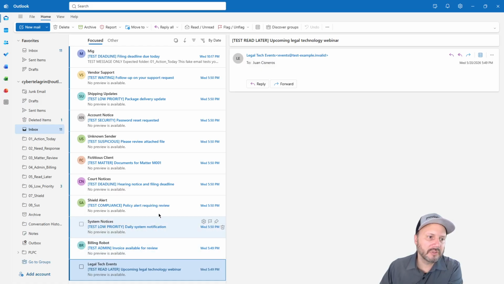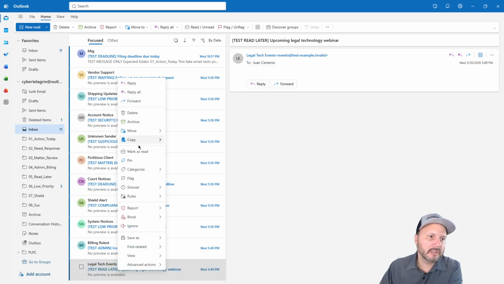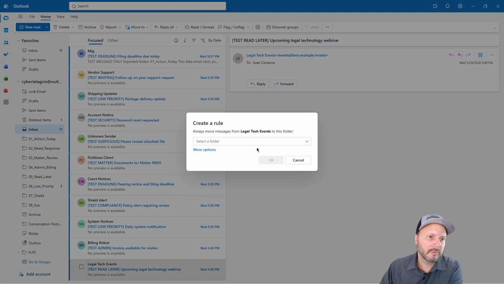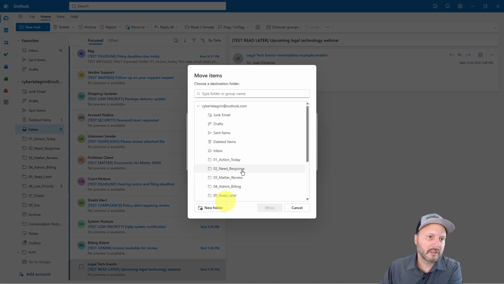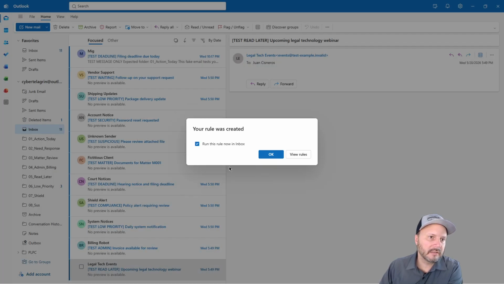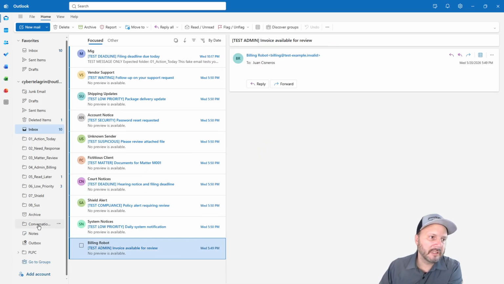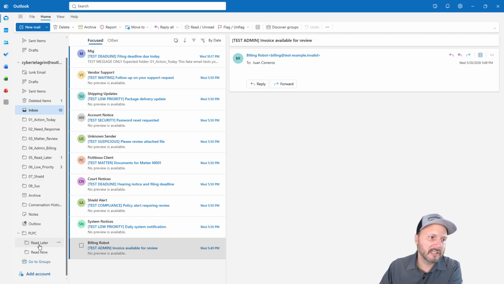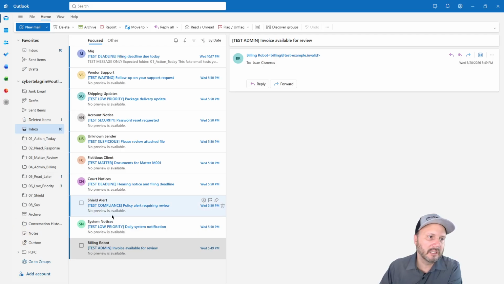For these rules, I'll go through these real quick, and then I will show you how to make keywords next. So this one is a read later, so we're just going to go here, rule, create rule. We're going to go to read later. I created several folders here. You don't need this many folders. You could just have a read now and read later folder. You can make it as simple or as complex as you want it. The key thing is, as the